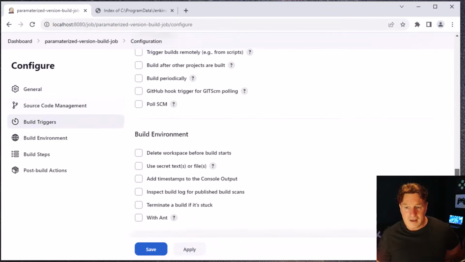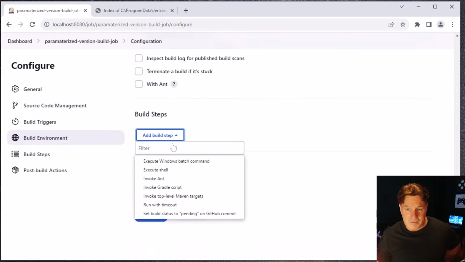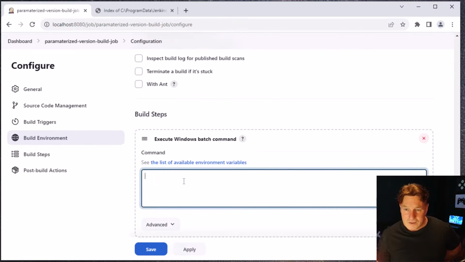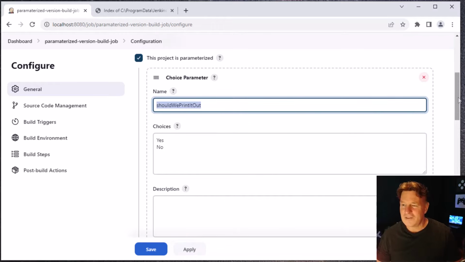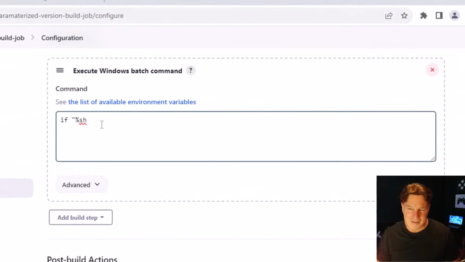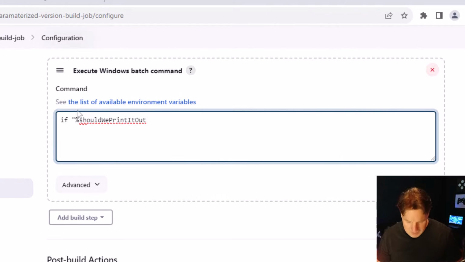I'm now going to create a build step. So I'm going to add a build step, execute Windows batch command. And in here, I'm going to say if that parameter, and I'm actually going to go up and copy that parameter just so that there's no funny business here. Because if I spell it wrong, if it's uppercase, lowercase, something like that, I'll mess it up. So I'll say if should we print it out equals yes, then what we will do is